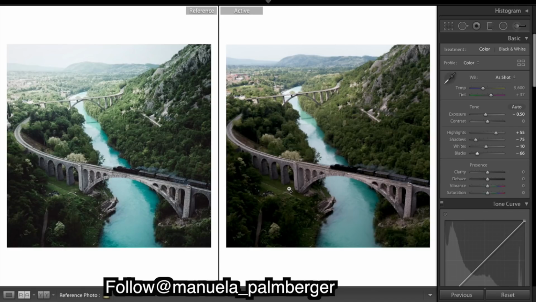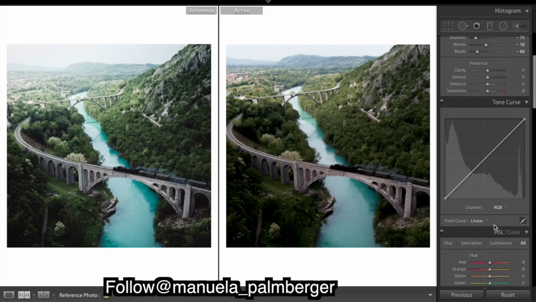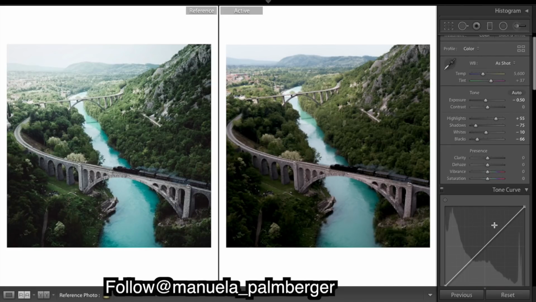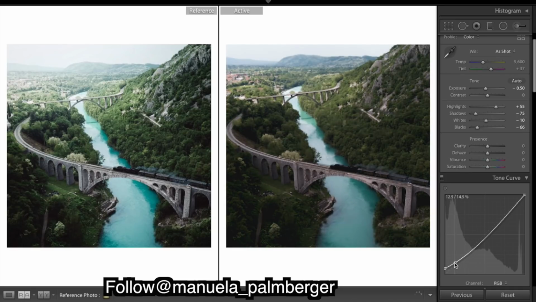Now that is too black down here, but I'm planning on adding in a bit of a fade with the curves, because if you look at these blacks, you can tell there's a fade in there if you look closely. So let's do that. Okay, so